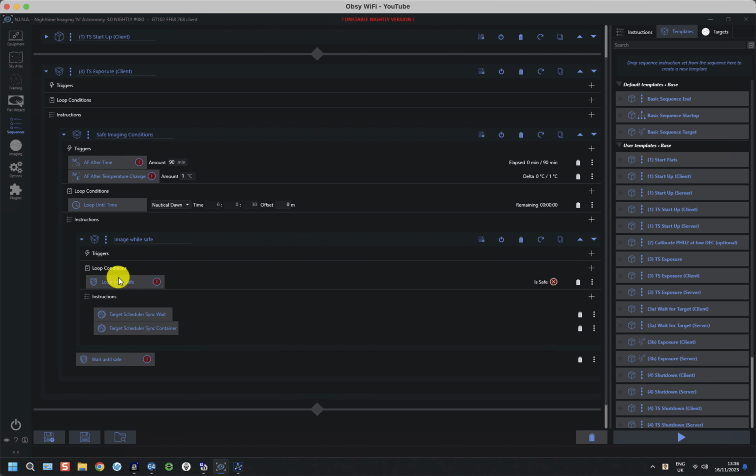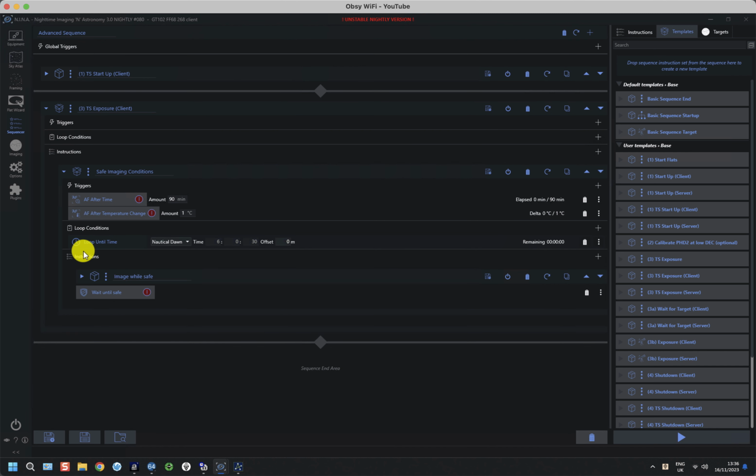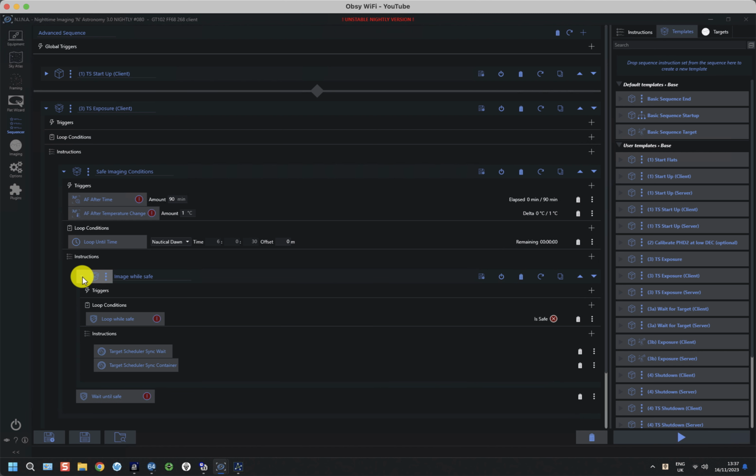And because this is a loop while safe, if I collapse that down, you can see that when it's not safe, it simply waits until it's safe again before trying to start off things. And the beautiful thing about this is that the sync waits do have a timeout period, but the scheduler sync container doesn't. So it can almost wait indefinitely for that to happen. And I believe if you don't run the client system, the server system will carry on as if there is no client. I'm going to collapse these down and remove them